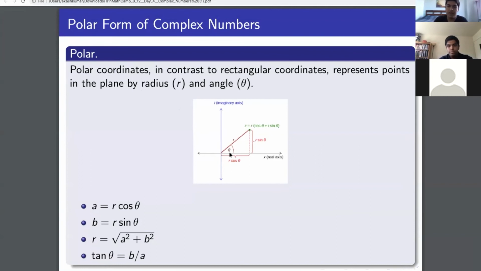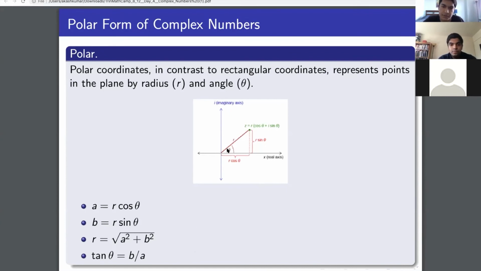Instead of an x coordinate and y coordinate, you can think of each number as an angle, which we always measure from the x-axis by convention, and then its distance from the origin. And then we can set up these conversions that are somewhat useful to us